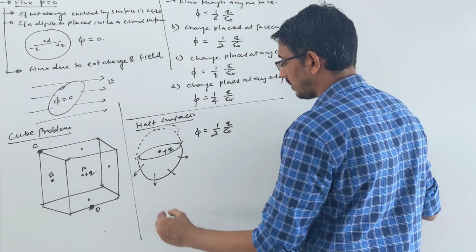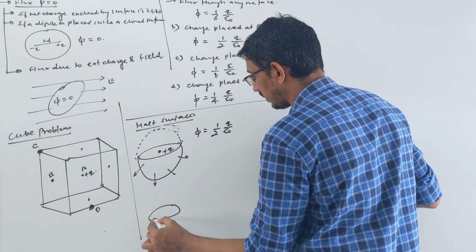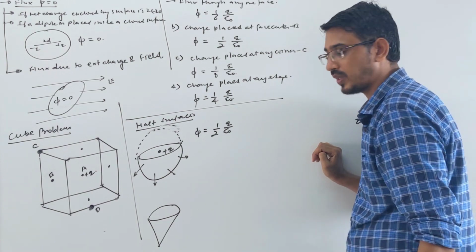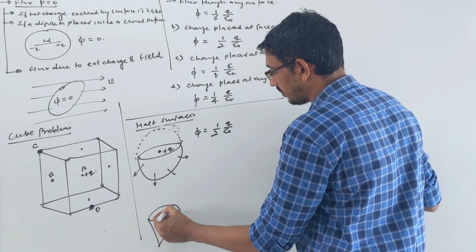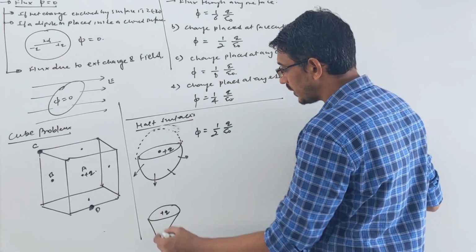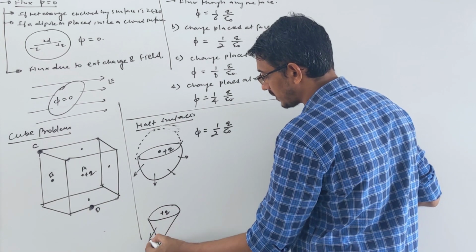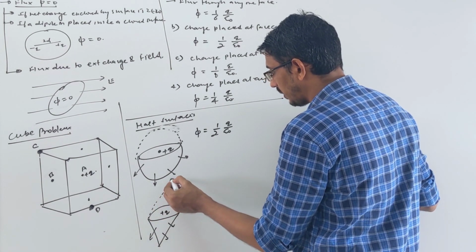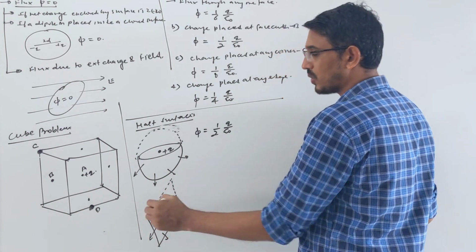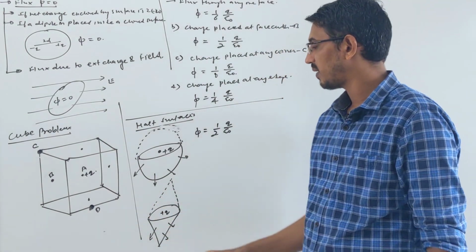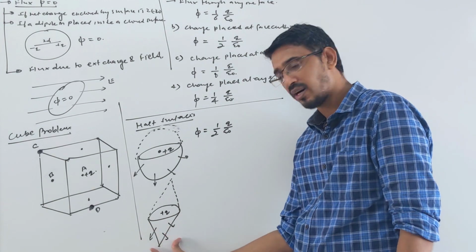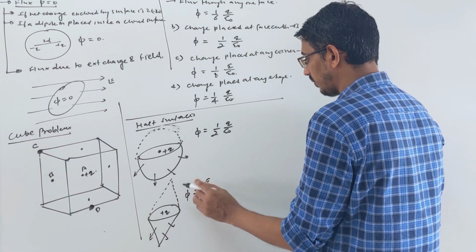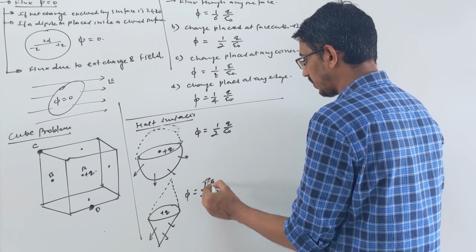Look here, another example. Suppose you have this picture, a cone, and a charge is placed at the center of the cone's plane here, right? Then they are asking what is the flux coming through this surface. Again the same, you can put another cone here. Now this will be a complete closed body, right? Now how much flux will come? Q upon epsilon naught. We are asking about the half part, so half of that answer. So the answer is 1 by 2 of Q upon epsilon naught.